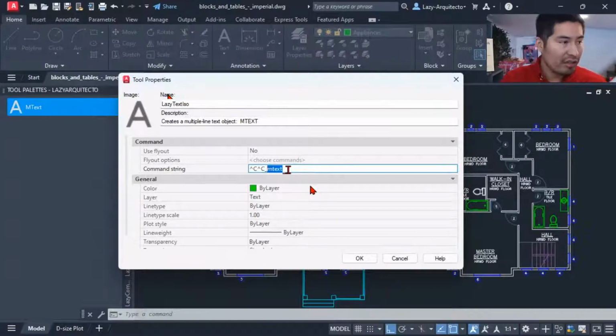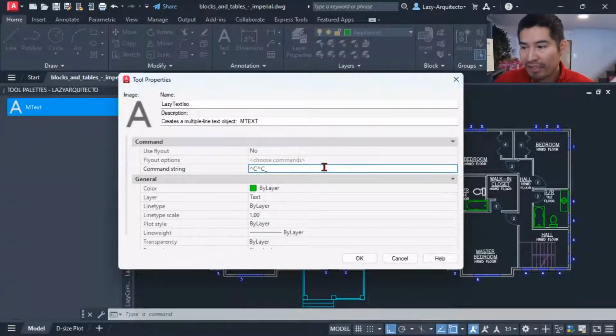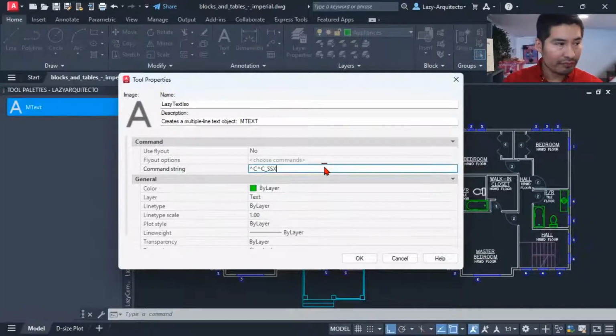So the way I'm going to start is with the CC, because this is a nice way to cancel or stop any running or active command. All right, so once I have that, what I can do is use an express tool in AutoCAD called SSX, right?